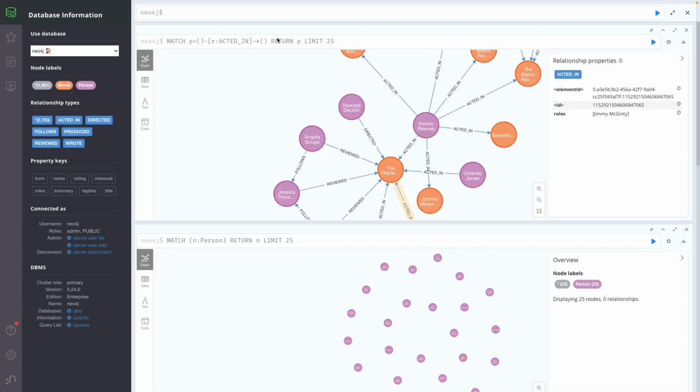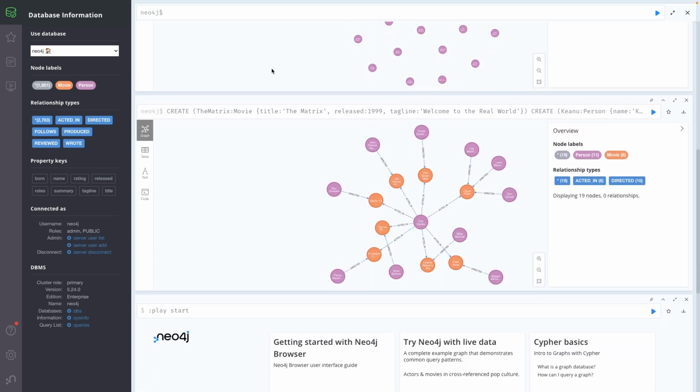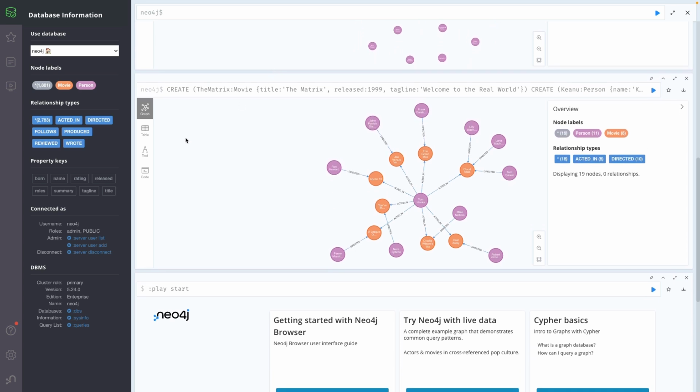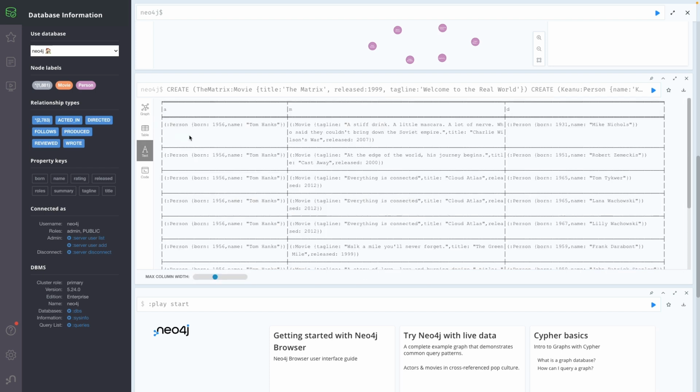So before we deep dive into the data analytics with this knowledge graph, let's review the data which was rendered first for us. Right now we have the graph view and we can have the table view as well. In the table view, we can visualize the data in the shape of JSON, and we can download the CSV as well as JSON for the data we have, and we can analyze the data in text shape also,